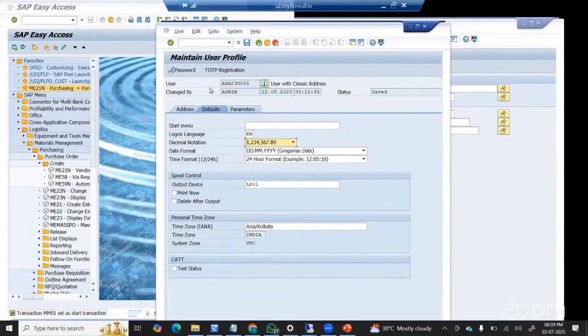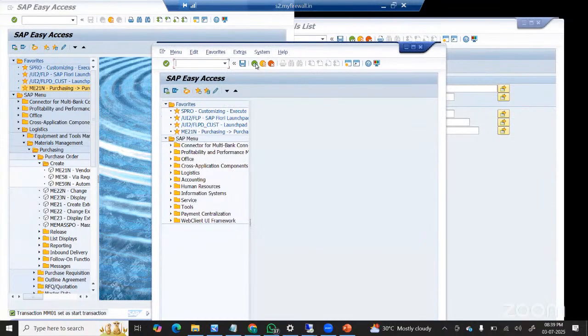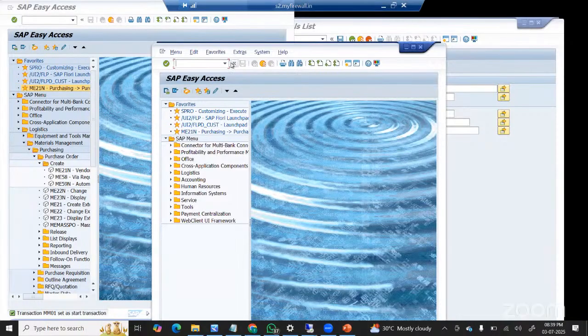So these are the initial screens of SAP. And what is a server? There are different servers available, like quality server, development server, and production server. So those server details need to be initially created at the SAP screen. For example,